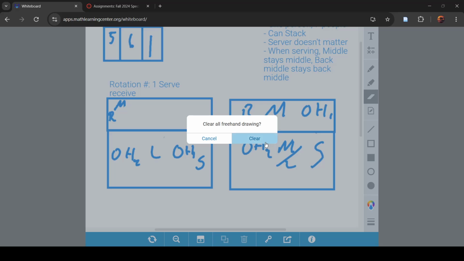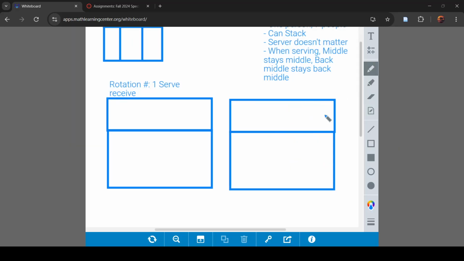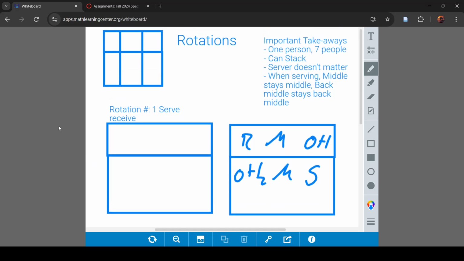Now, on to rotation 2. If you look at rotation 1, rotation 2, or all the rotations after rotation 1, are named by who is serving from where they are in rotation 1. So if you look at our little chart up here that I accidentally erased,